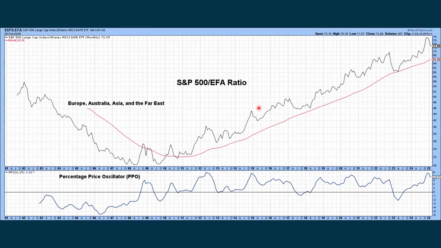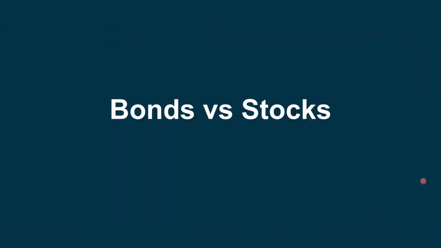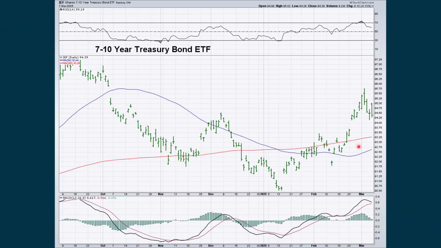Then we look at another global longer-term chart, monthly, of U.S. stocks versus stocks in Europe, Australia, Asia, and the Far East. Showing some weakness here. The momentum is also starting to go down. This is actually from a week ago. Okay. Then we look at the price of bonds, which were starting to go back up and interest rates were